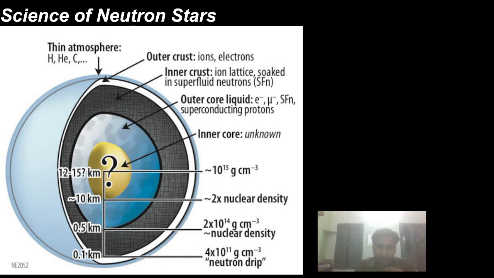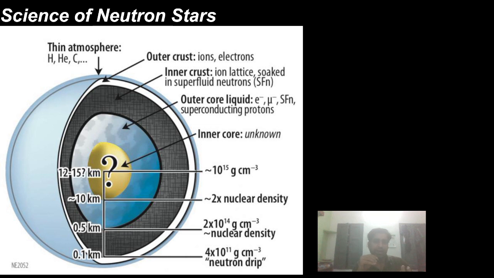And now what will happen at the core? In the core of a neutron star, the density will become nearly 10 to the power 15 gram per centimeter cube. Means the core is highly dense, and the density goes on increasing when we move from the surface to the core. So the core has very high density, and it is assumed that a phase transition takes place, and neutron matter is also decoupled to quark matter.